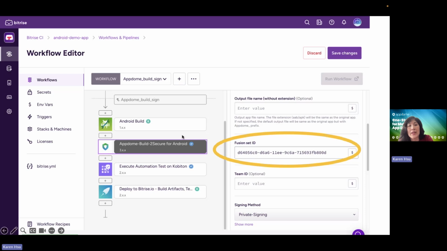So you can automate that as a step in this process, where you first would build the Android app, and then you would add the protections with Appdome, and then you would execute the automation test with Cobaton before then deploying